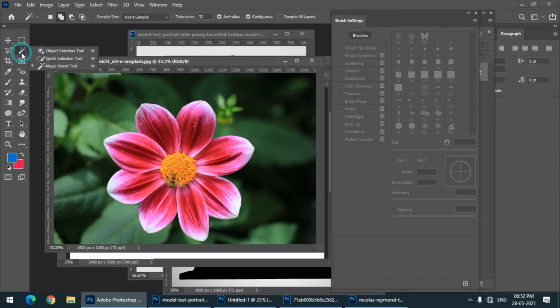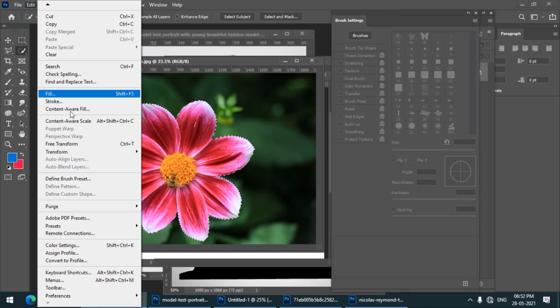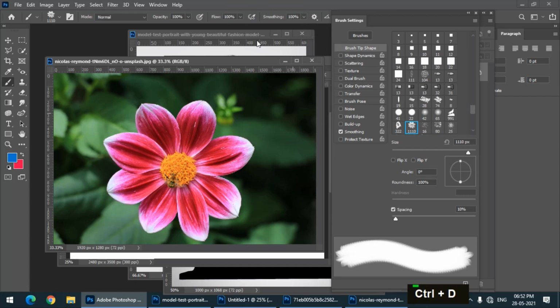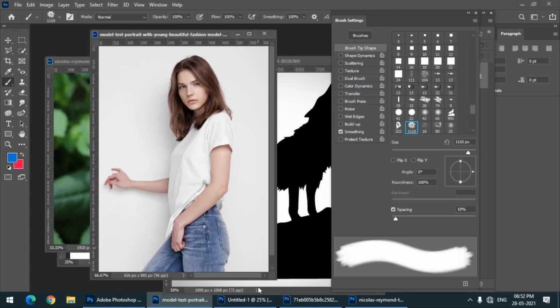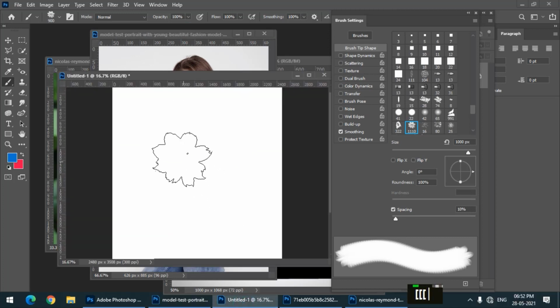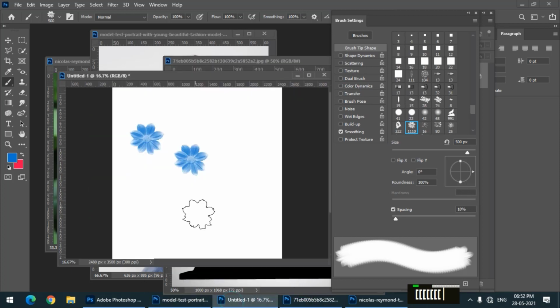Let us see how it works out. I'll select the flower first. Again I have to go to Edit, Define Brush Preset. I will name it flower, Control D. It's looking pretty good actually.